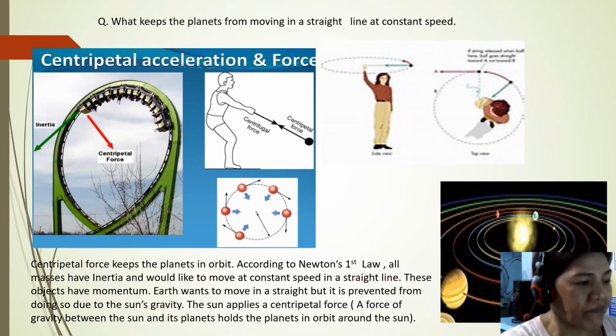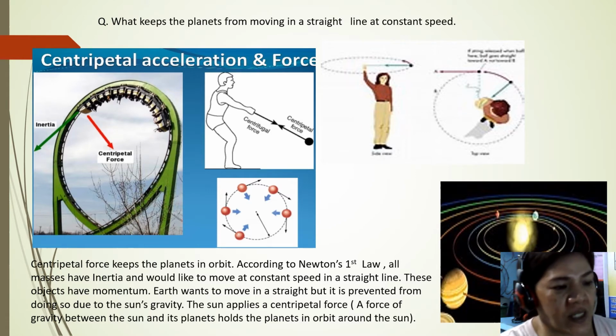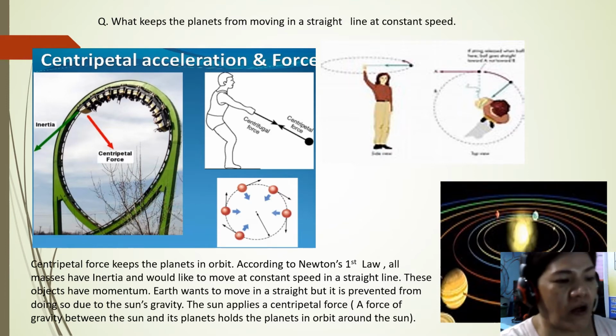So now, since we are done examining Newton's first law of motion, we will try to move on to the second law, which is the law of acceleration. In the first law, we looked at how moving and stationary objects behave in the absence of external force. In the second law of motion, we will study how force as well as the object's mass can influence the movement of an object.